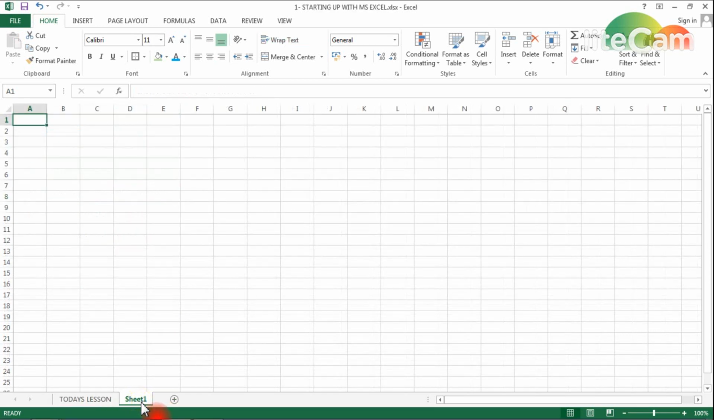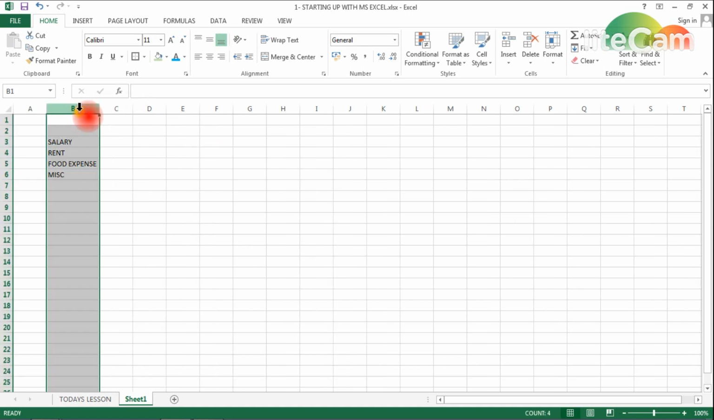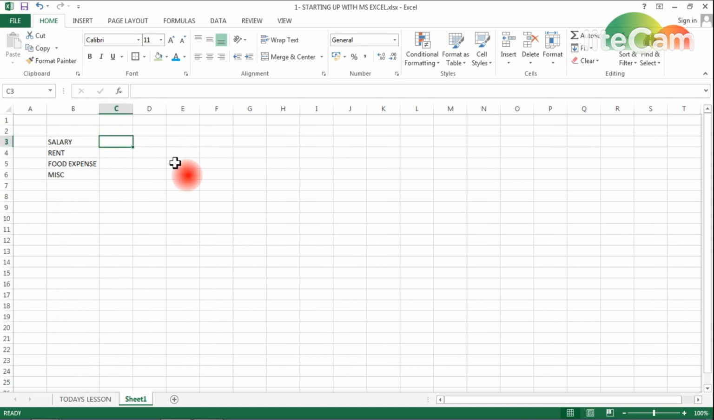We can add a new sheet here. Maybe this is your salary, and this is your rent, and this is your food expense, and maybe this is your miscellaneous expenses. Maybe you are earning 50,000 rupees and you are paying a rent of 10,000 rupees. Your food expense is like 8,000 rupees, and maybe for miscellaneous expenses they are 5,000. So total saving